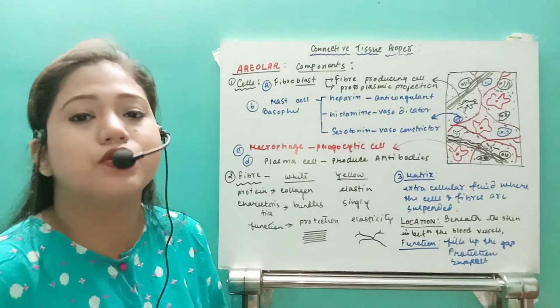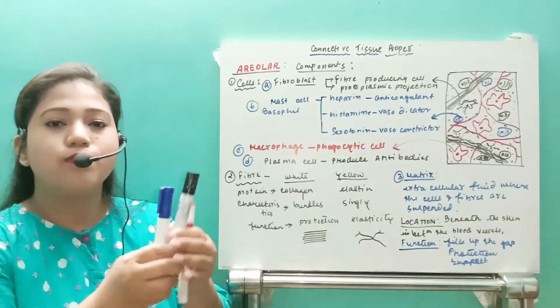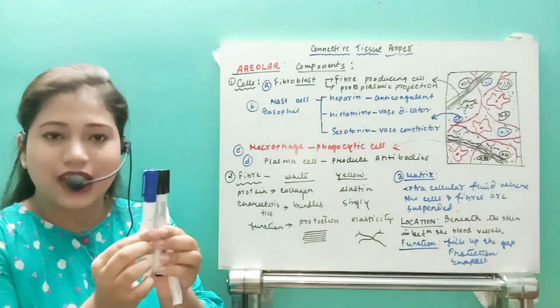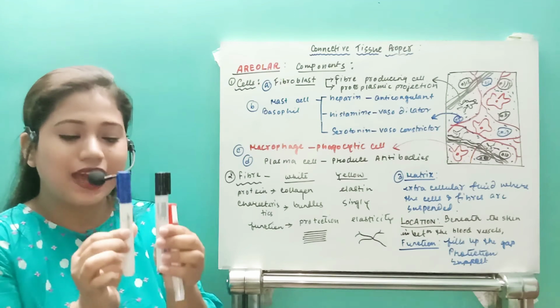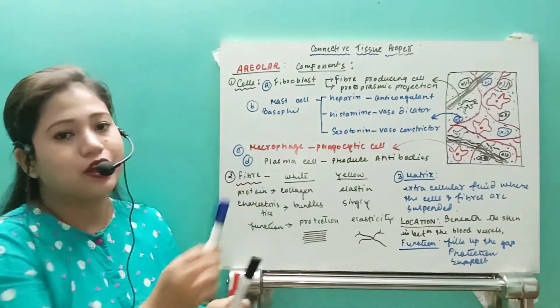It is found in between the blood vessels. Suppose there are two blood vessels present. Will that attach to each other? No. In between the blood vessels we have a space, and in that space we will have this areolar connective